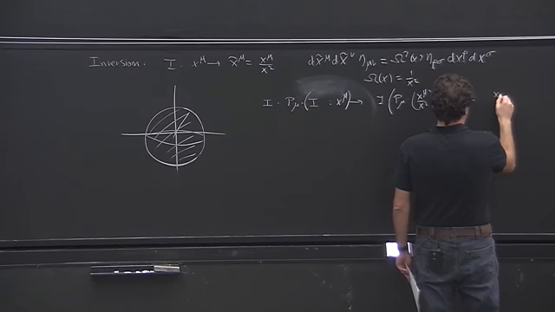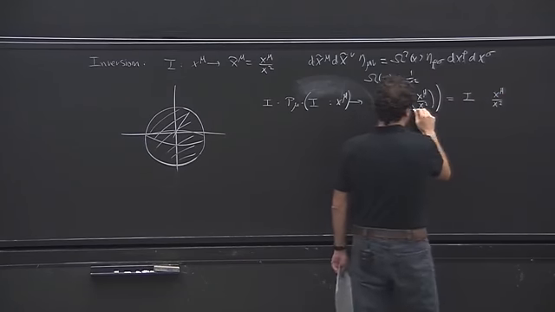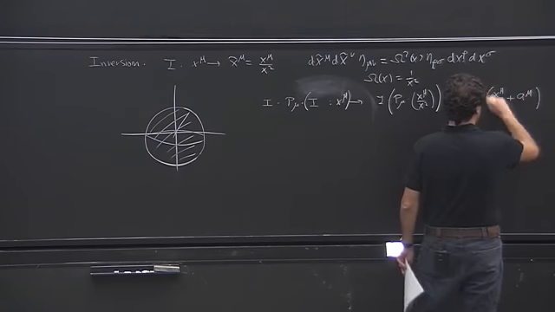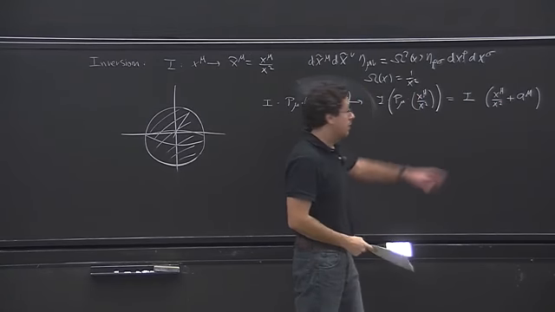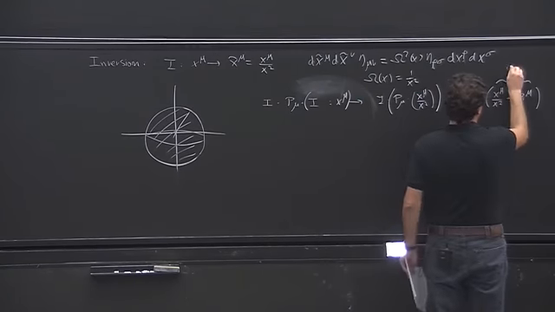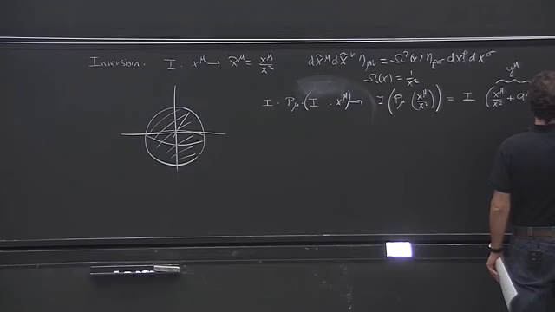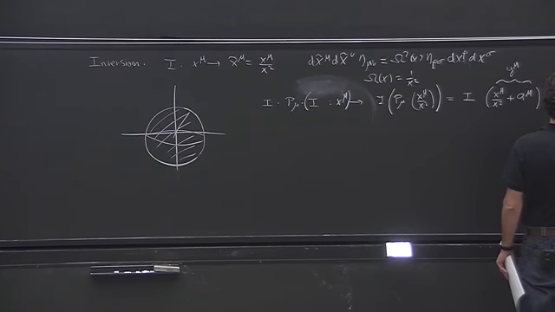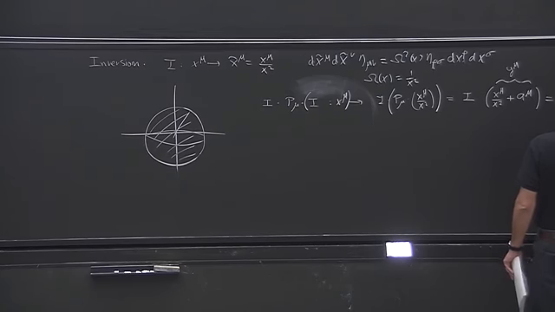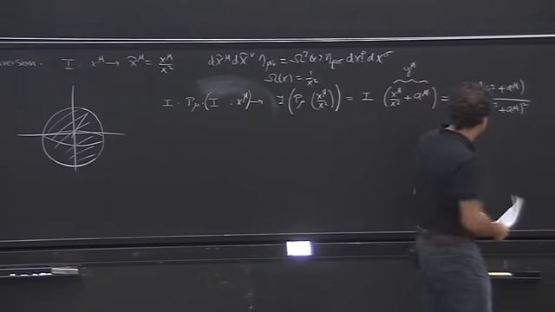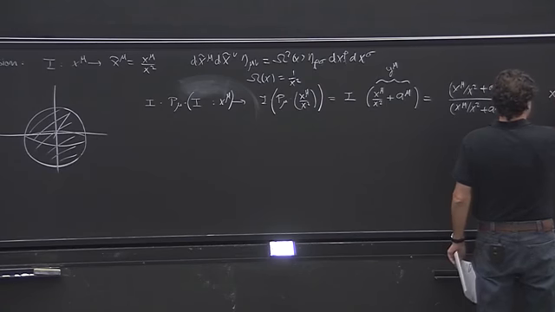You get x mu over x squared, because now this is a new coordinate from the point of view of this guy, just a shift of this, right? And now I have to invert this new vector. Let's call it y. And from that you get x mu over x squared plus a mu, divided by this guy squared. And doing some trivial gymnastics of multiplying x squared by x squared, you get